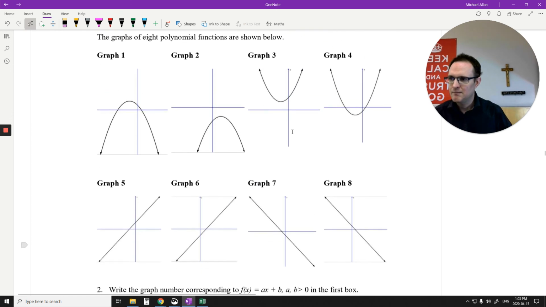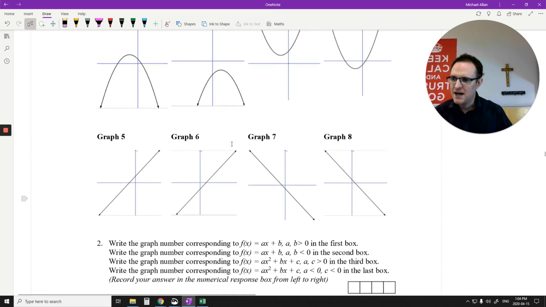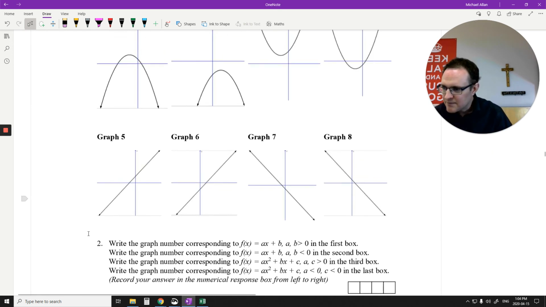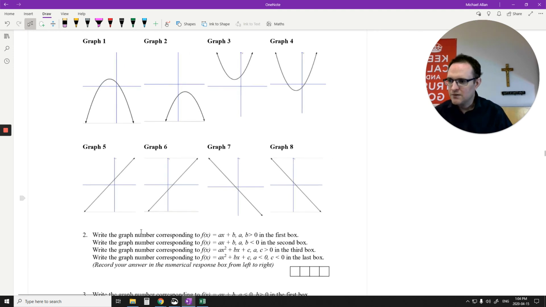There we go. Okay, so we have 8 graphs here. I want to know which of these graphs match up with what we have down here. So figure out what graphs match up with these. I'm just going to try my best to keep this where it is. Graph 3, I lose my top 2 graphs. So that's okay. I can probably zoom out. There we go. Okay, so for graph number 1,